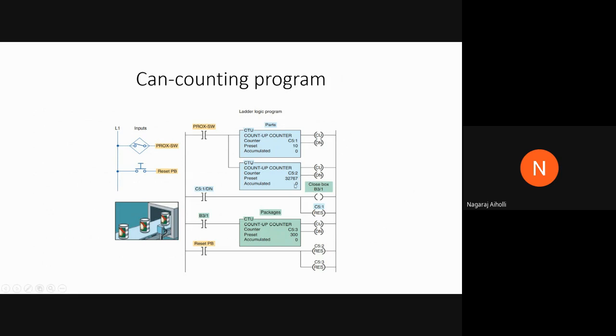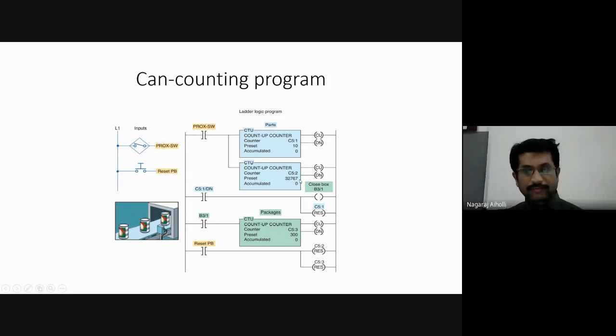Now this has not become 0, so this is accumulated. Whatever 10 counts is there is accumulated. Next time when it's counting from 0, 1 like this, this will go from 10 to 11. When it counts from 1 to 2, this will go from 11 to 12. Right? The second counter.